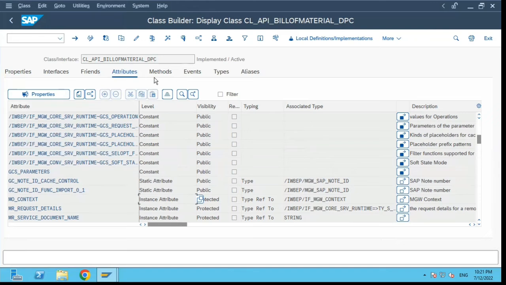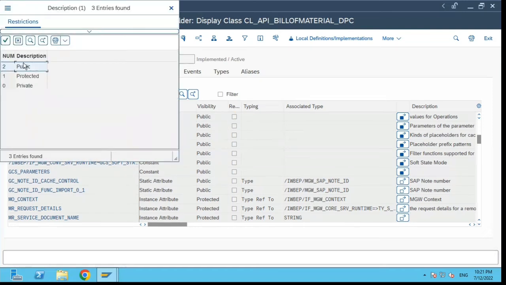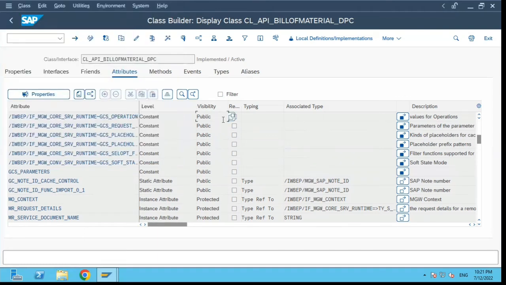We are just browsing through the various tabs and columns which are available. The next column is visibility. In visibility, we have public, protected, and private. Public is something which is available to the external world, and these attributes are accessible directly using a hyphen and arrow symbol from the outside world. Protected is used within the